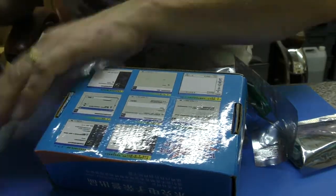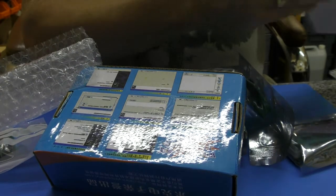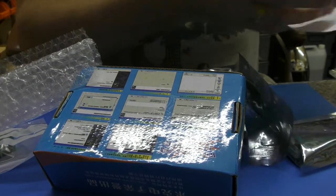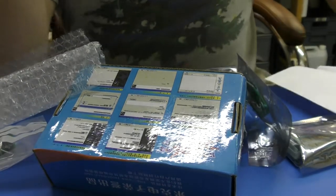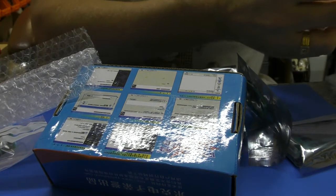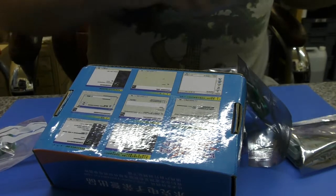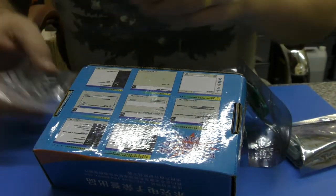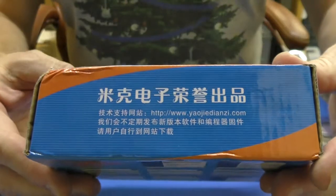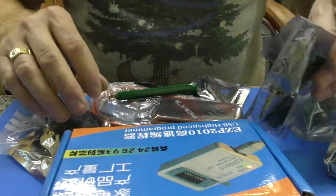I have a particular use suddenly for a programmer that will handle a PIC processor. I can't remember, it's a PIC32, and not so many programmers do that particular one. So pretty much the only one that's cheap that will do it is the PICkit3. So I found a copy of that, and I just ordered one of those, but there's also a kit that I found